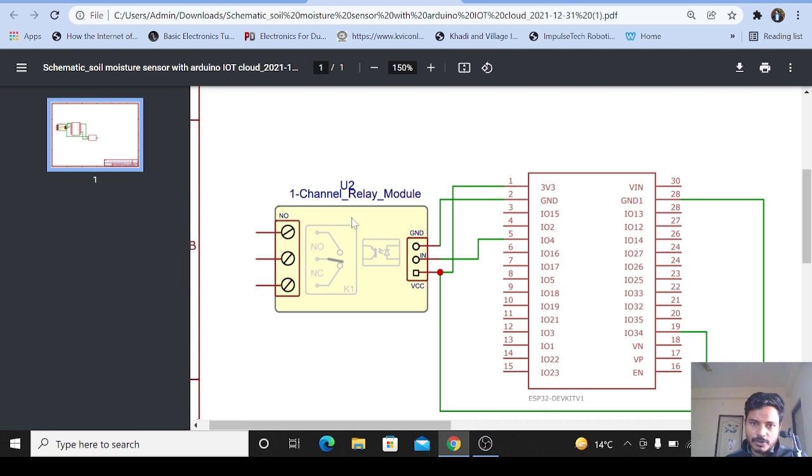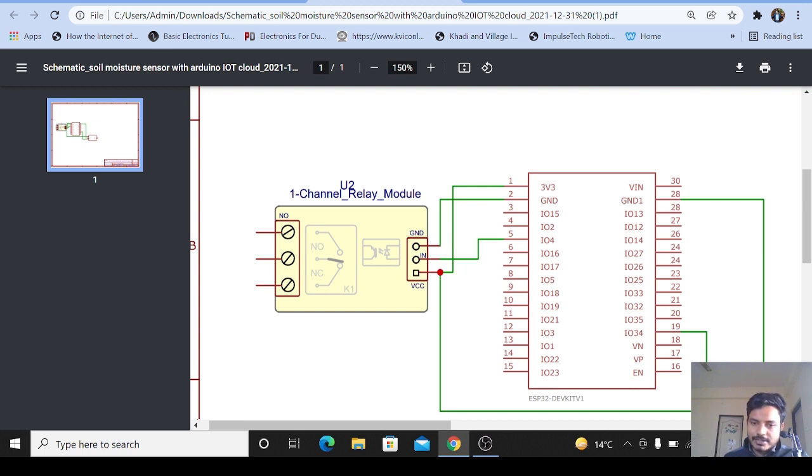First we'll connect the relay module to the ESP32 board. As you can see, the relay module has 3 pins on this side. This is ground, this is the input and this is the VCC. We have connected the ground of the ESP32 board to the ground of the relay. And for the input, we have used ESP32's digital pin 4 for controlling the relay.